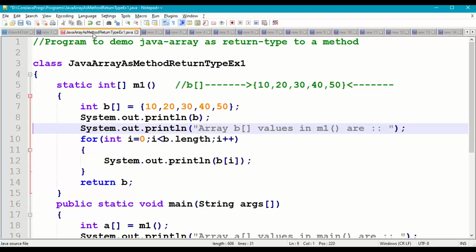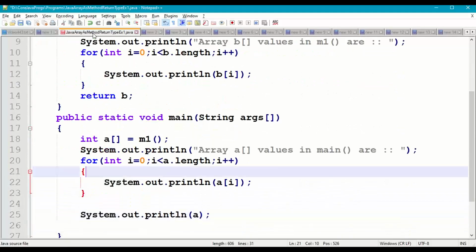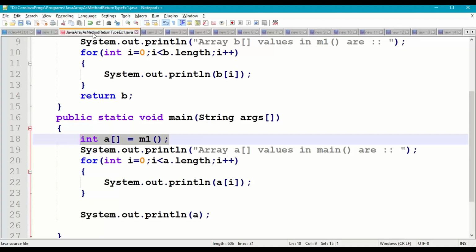Then I'm printing the array b values in the m1 method. Take a loop for i equal to 0, i less than b dot length, i plus plus, and print b of i, so it prints b of 0, b of 1, b of 2, b of 3, b of 4. And say return b. This b array reference code will be coming back to the main method.